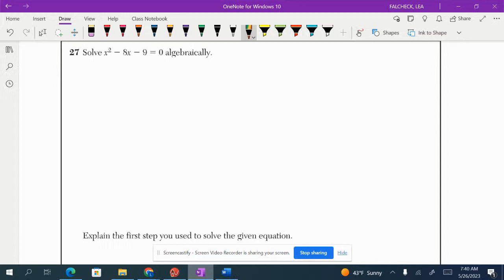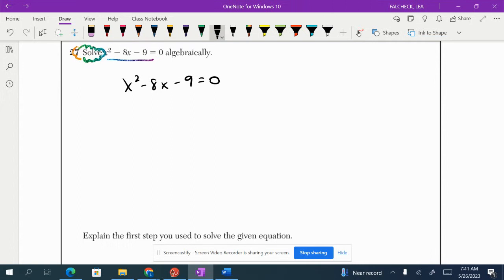Number 27 says solve x squared minus 8x minus 9 equals 0 algebraically. So they want us to solve this quadratic equation and get the roots or the zeros or the x-intercepts. Now, if I see something that looks like this, where it's a quadratic and it's set equal to 0 and it's in standard form, what